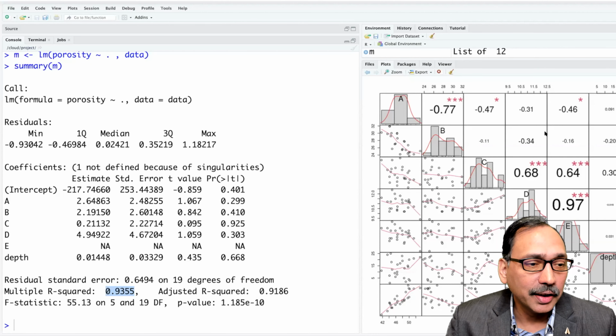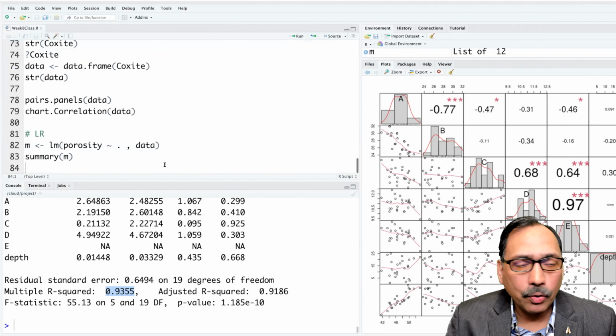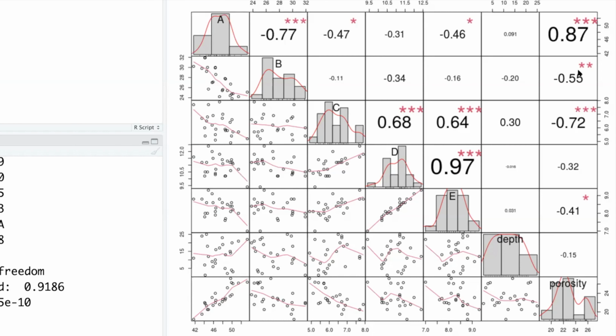You have this plot, you have this model, and there should be a question mark in your mind, like why this outcome, when you can clearly see that porosity has good correlation with A, good correlation with B, good correlation with C. So there are a lot of contributions and very good ones actually. 3 star, 3 star, 2 star, 1 star. But none of the variables are significant. So there's a contradiction. So immediately our mind should go to the multi-collinearity problem that we discussed.